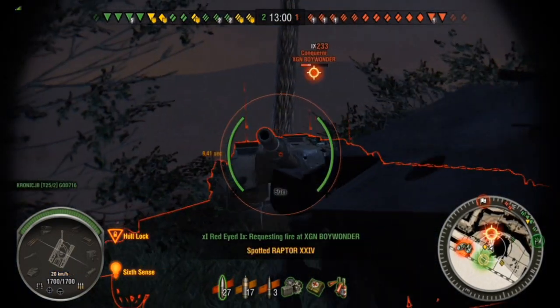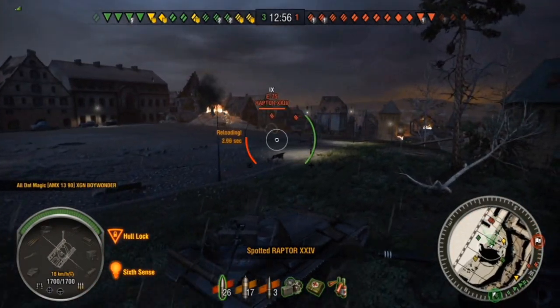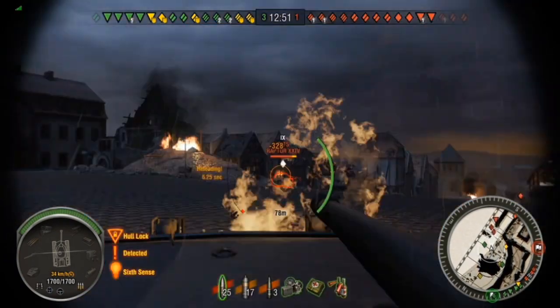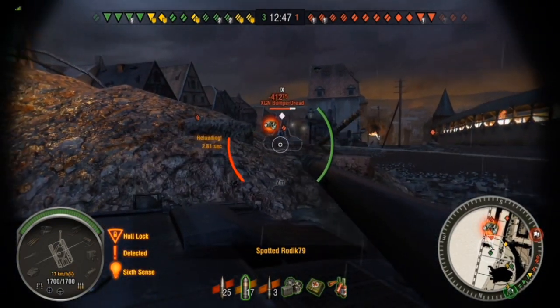I'm trying to side scrape off the back of this E50 in case he decides to shoot me. Get one more shot on him, dropping him down to one shot, and that's when a friendly teammate finishes him off. As I'm moving into position here, I'm able to get a shot into this turret side of the E75,